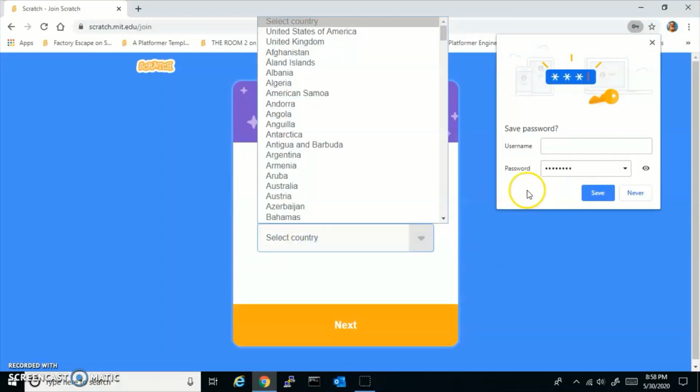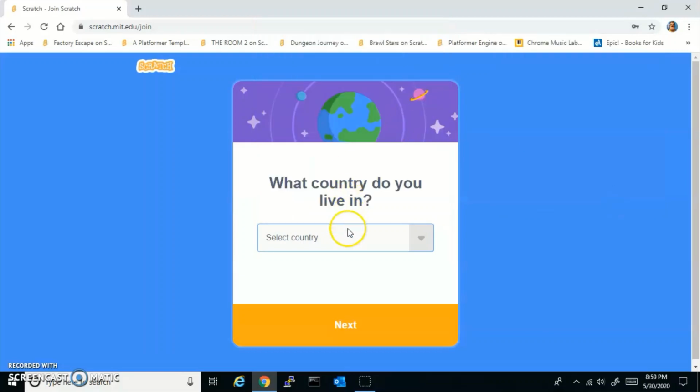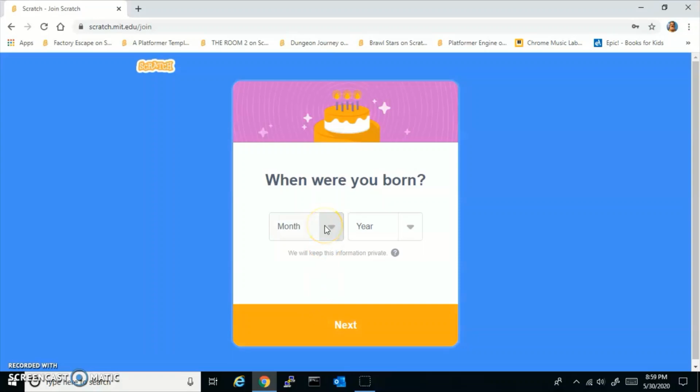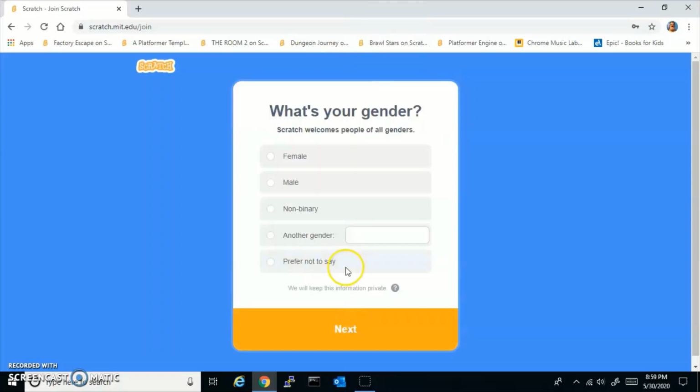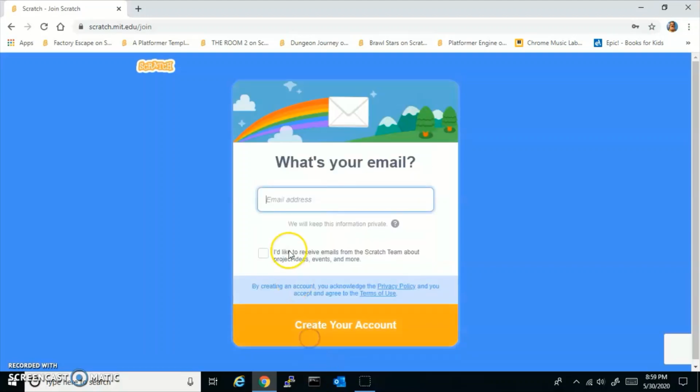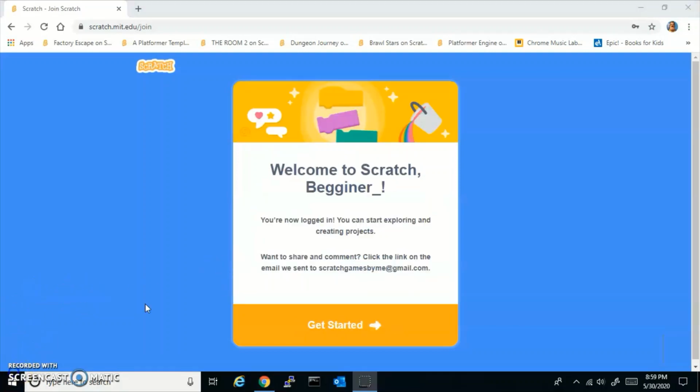after you do that, you're gonna have to select your country next, and then month, year, 2009, and then your gender, and then your email. Let me just type that in real quick. Alright guys, so I typed in my email, and after you type in your email and you click create account,